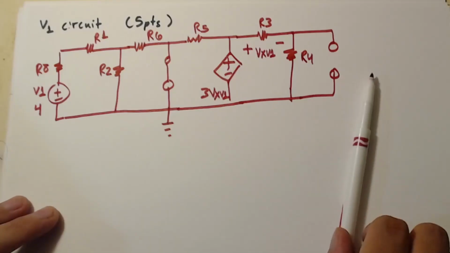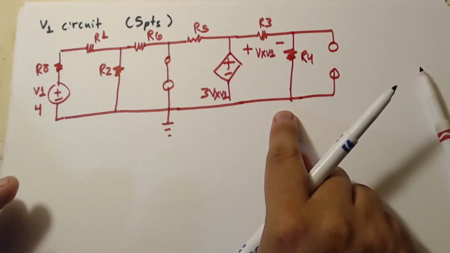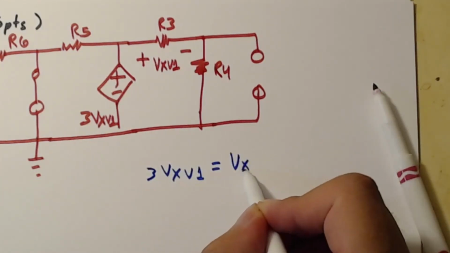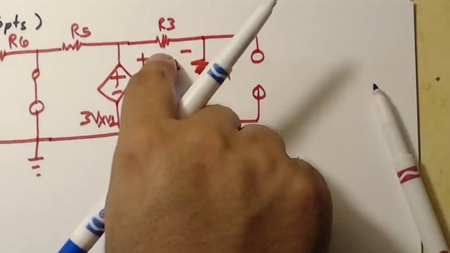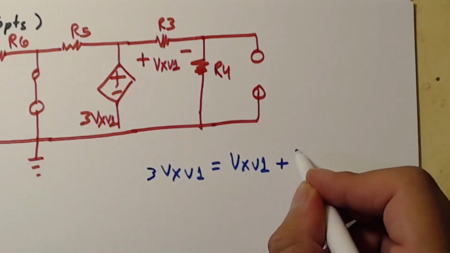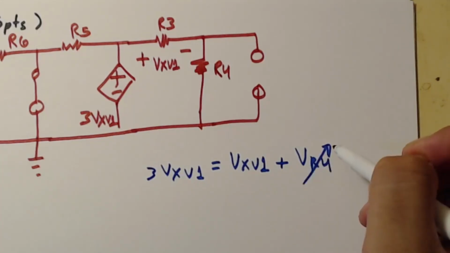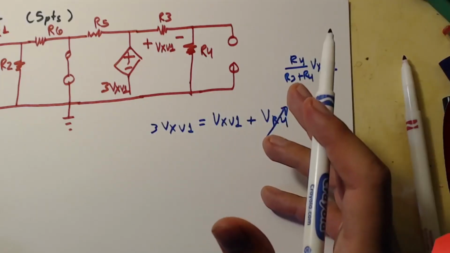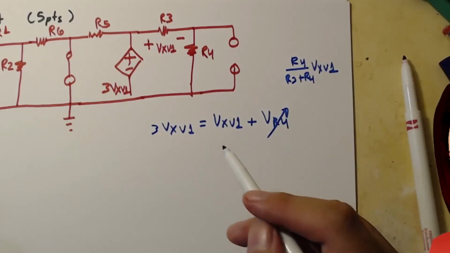So one thing I can do is just look at this part right here, and I see something that's easy. So we have 3Vx,V1 is equal to Vx,V1. We can write that because of KVL. Plus VR4. Now, what is VR4? Here's VR4. To get VR4, it's just a voltage divider. So with that, I can evaluate this. We know R4, we know R3. And so when I do that,